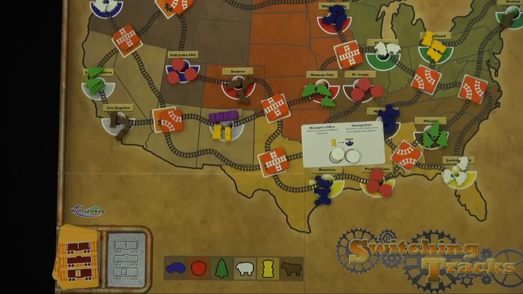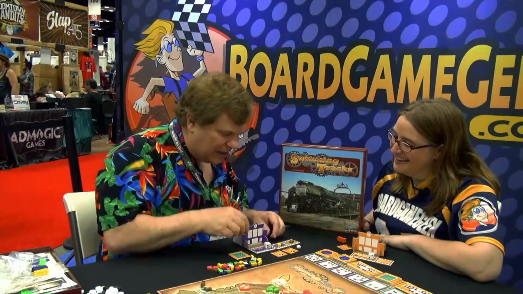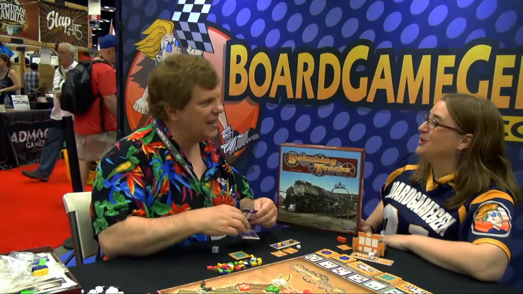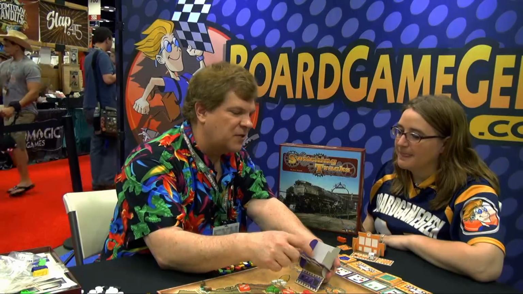How many players can this support? This supports five players. We have purple, orange, green, yellow, and blue. And they all have their own little dealy bobbers here. Dealy bobbers, yes. And if you want to look on the back, that says the first thing you do is replenish